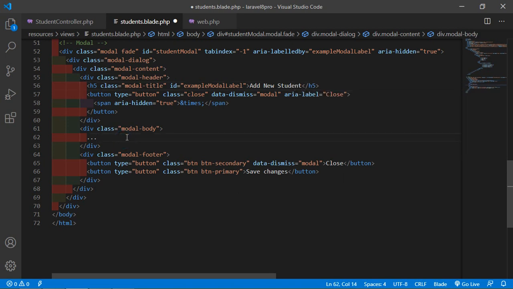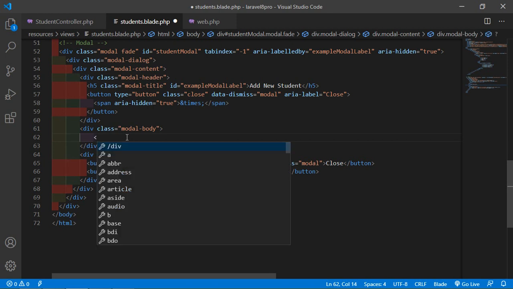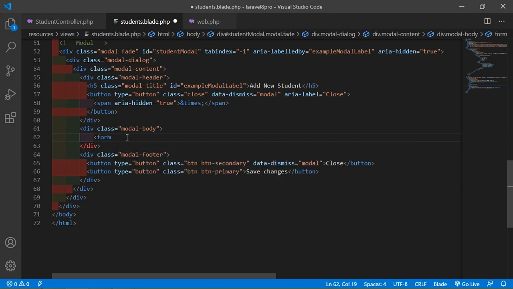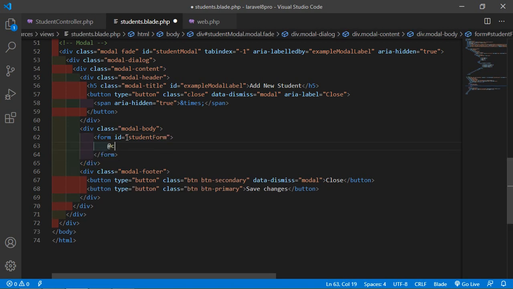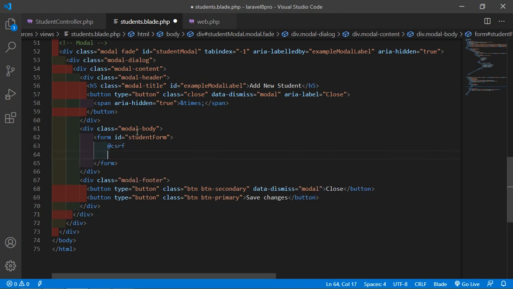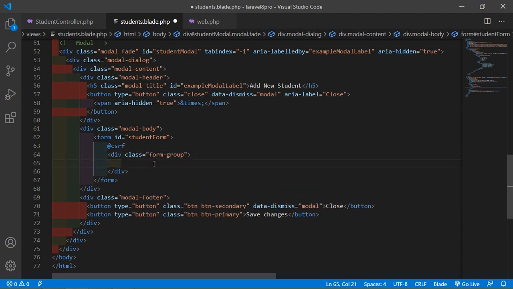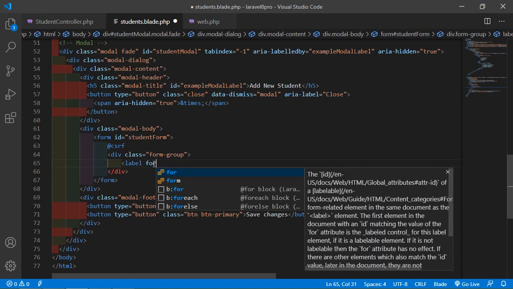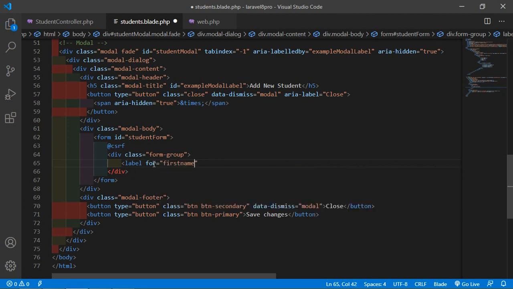Okay, and inside this modal body just add a form. So just write here form, and id is equal to studentForm, and inside this form just add here csrf, @csrf, and then create input fields for the first name, last name, email and phone. So just write here form-group, add here the label for first name, just write here first name,